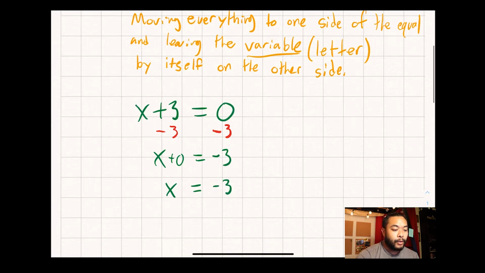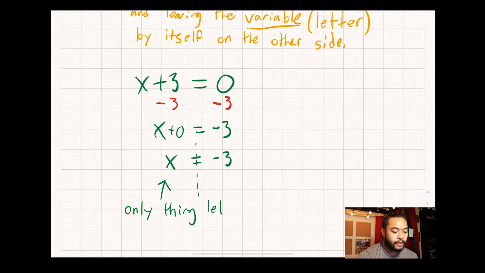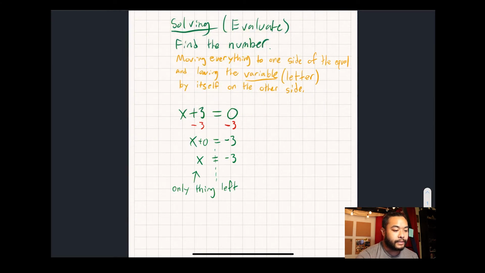So take a look. We have moved this positive 3 to the other side of the equal sign. So imagine there's an imaginary line, and the only thing left on this side is the variable x. And if everything else is on the other side, then x equals negative 3. So that is solving. The next thing we should talk about is